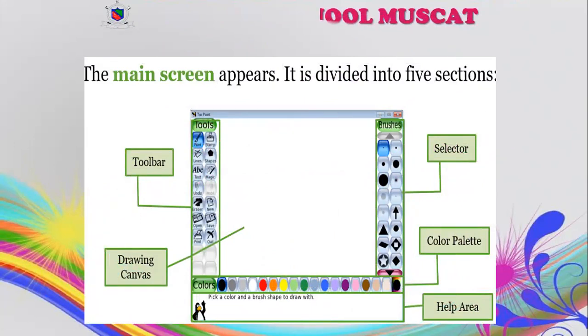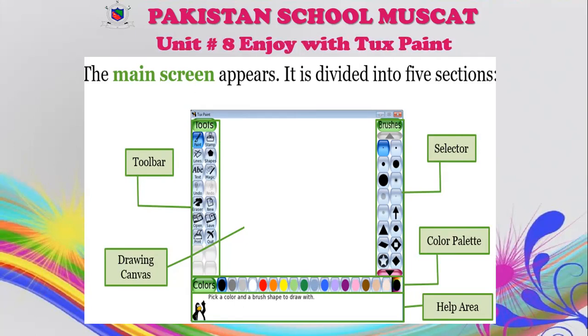Before we go on for the answer, this is a long question and you need to write it down. Simply you can have a look at the main screen of your Tux Paint. It is divided into 5 sections. You can see this left hand side area, this is the toolbar. This white area is your drawing canvas. Bottom area where the penguin, you can see this is the help area, and different colors you can see along